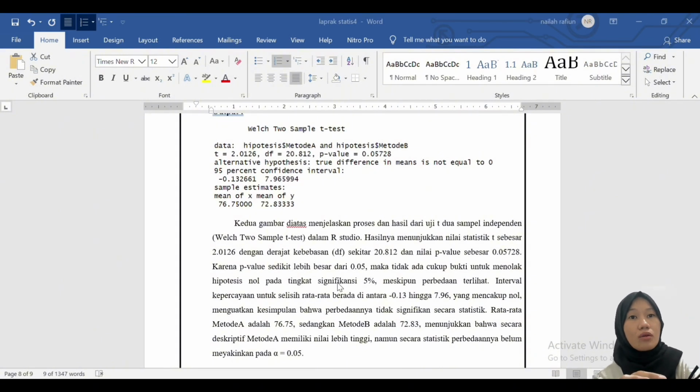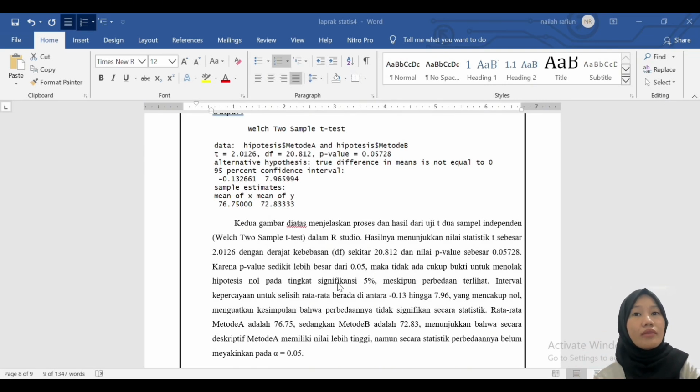The results show a t-statistic value of 2.0126 with degrees of freedom, df, of about 20.81272 and a p-value of 0.05728. Since the p-value is slightly greater than 0.05, there is not enough evidence to reject the null hypothesis at